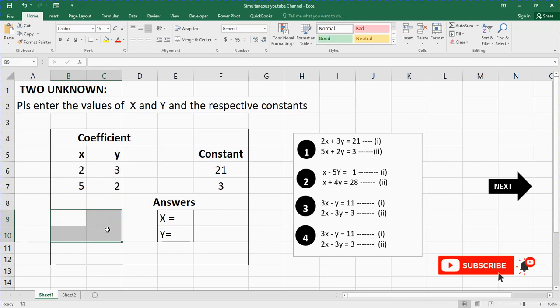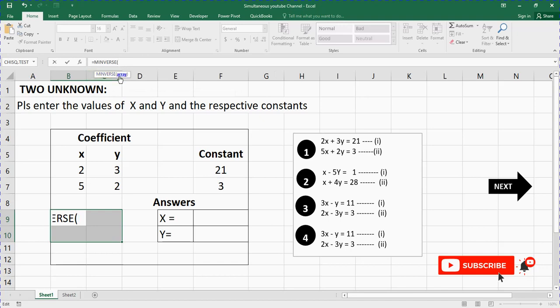because this is an array formula. So you need to highlight the place you want your answer to be, and you go to your Excel formula tab. This is the formula tab. Then you type in this formula, equals MINVERSE. You can see it right now. This MINVERSE will help you to look for the inverse of all the coefficients. So you double click on it,